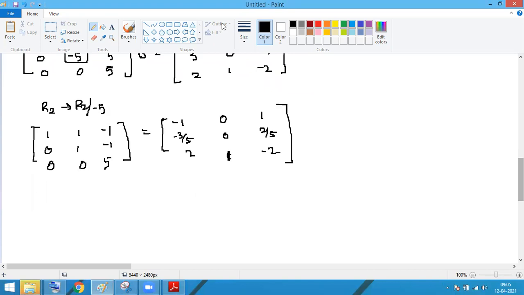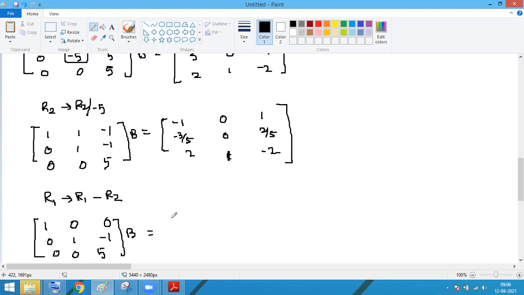After that if you get this as a 1, you have to make this equal to what, 0। नीचे और ऊपर दोनों को 0 पर करना पड़ेगा, तो already this is a 0, यहाँ you have to make this equal to 0। तो कैसे 0 किया जाएगा ऊपर वाले को, so can I write R1 tends to R1 minus R2, so when you take the difference, when you do this operation ऊपर वाले इसका कुछ फर्क नहीं पड़ेगा, R1 tends to R1 minus R2, here you will get 0 and what about here, here again you will get 0। Okay, then after that 0 1 -1 0 0, sorry b is missing here, b 0 0